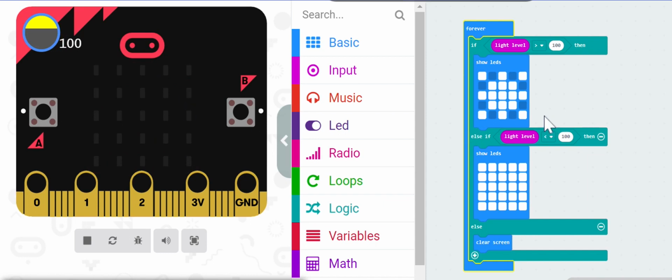See if you can add some more bits of code onto that. Maybe you can add on a sound so that if the light level is higher than 100, the Microbit adds a